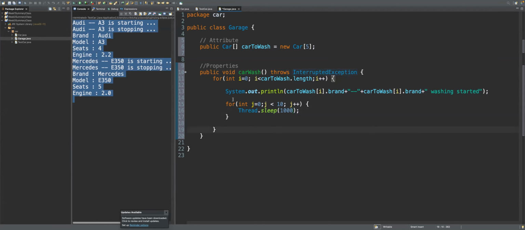So I'm just saying wait for 10 seconds, and what I'm going to do is say sys out, and I'm going to say not println, but just print, and within print I'm going to say